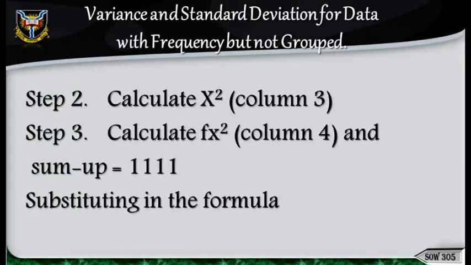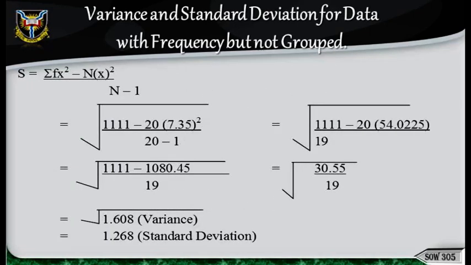Step 2. Calculate x squared, column 3. Step 3. Calculate fx squared, column 4, and sum up, which is equal to 1111. Substituting in the formula, s is equal to the square root of the sum of fx squared minus n x bar squared, all over n minus 1, is equal to the square root of 1111 minus 20 times (7.35) squared, all over 20 minus 1,